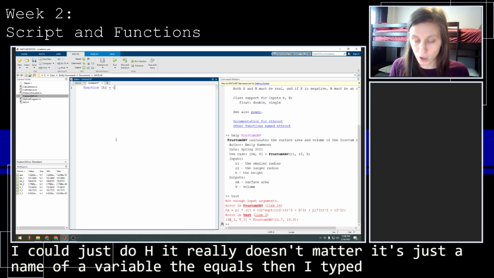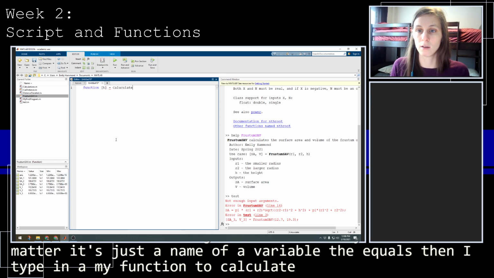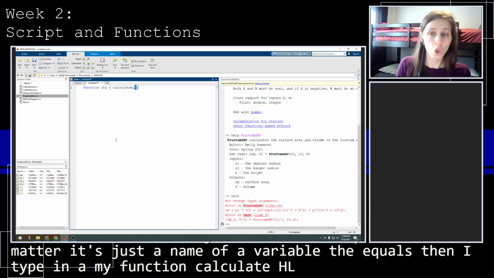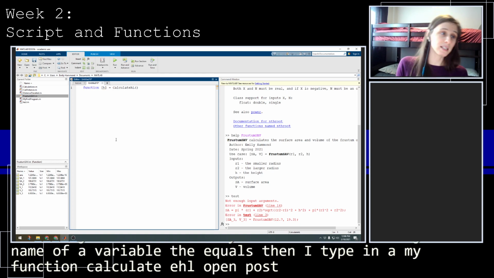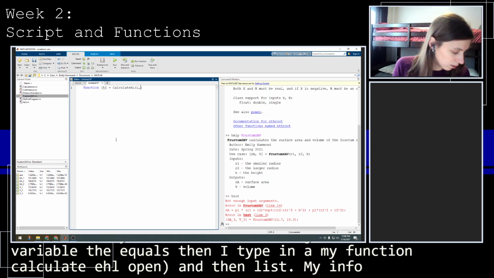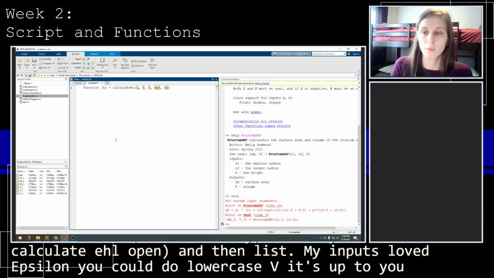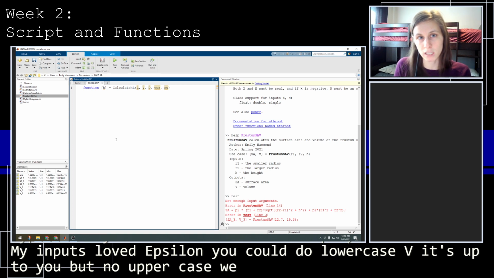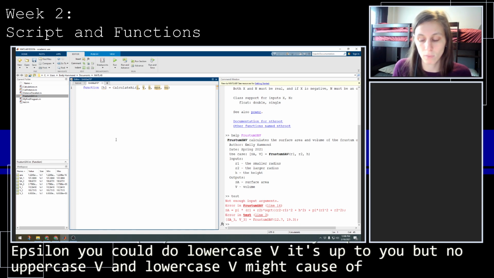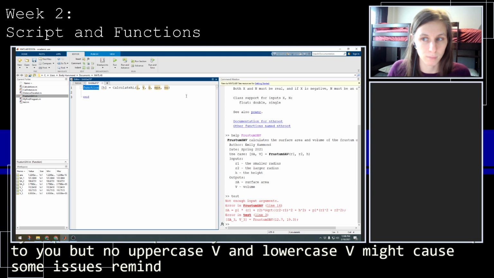Then I type the name of my function, calculate HL, open close parentheses, and then list out my inputs. L, V, D, epsilon, and nu. You could do lowercase v, it's up to you, but note, uppercase V and lowercase v might cause some issues. And then I need to end.